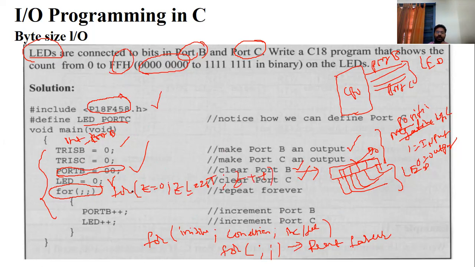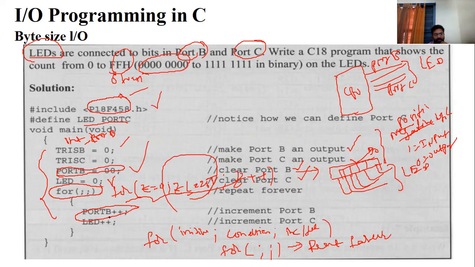Instead of this one, you can also write this one. You can count 0 to 255 only, so that's why I can write it as 0 to 255. Again, port B is here. When you write this code, there is no need to write this. So they consider for, repeat forever.